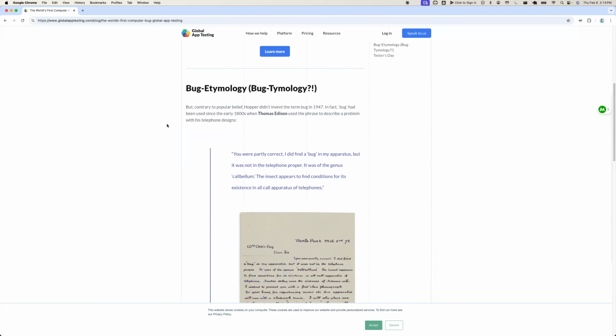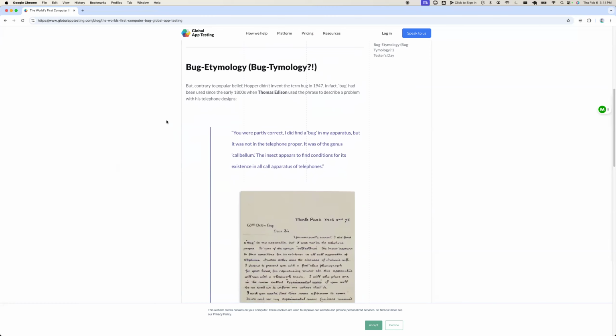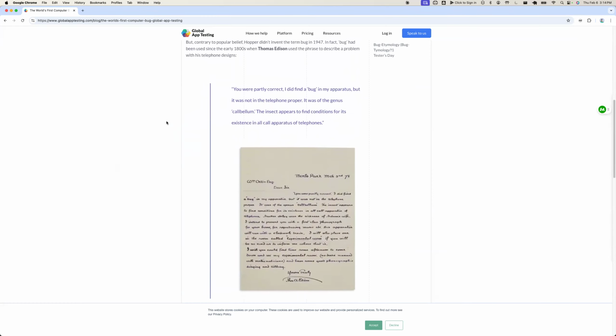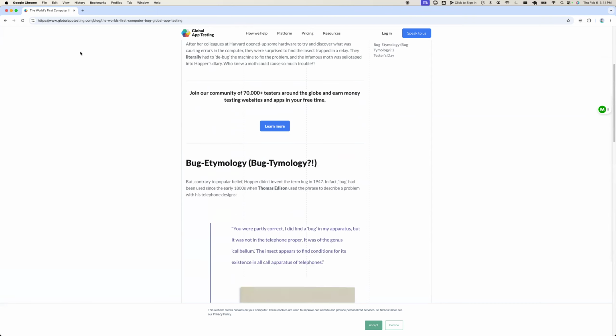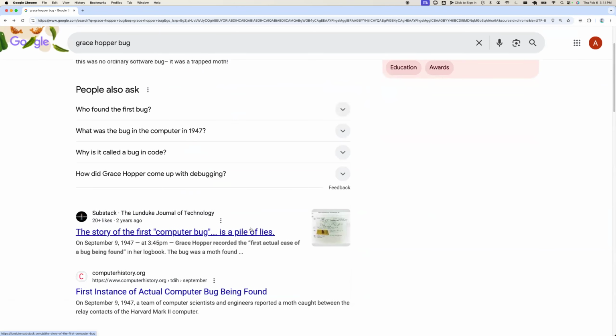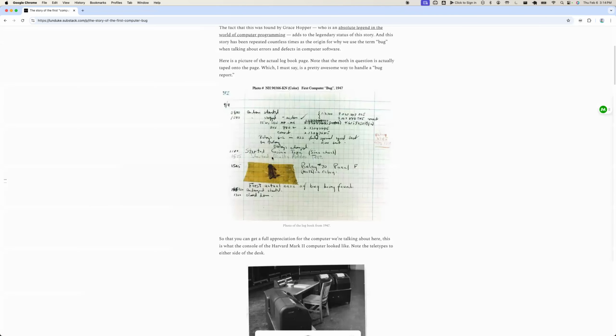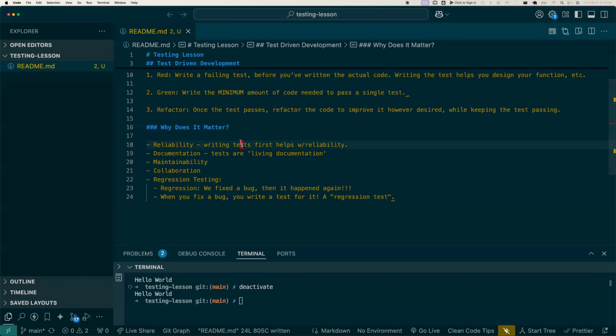This woman who became an admiral in the Navy and was one of the first programmers, Grace Hopper, sort of one of the queens of programming. The story goes that in the log her team was keeping, supposedly the logbook says we were looking at the vacuum tubes and we found a fly back there and we pasted it in there and it's a bug. Now they're telling me the story's a lie. Well, I don't really like that. And you know what? If that's not the truth, I don't want to know what's right. Anyway,